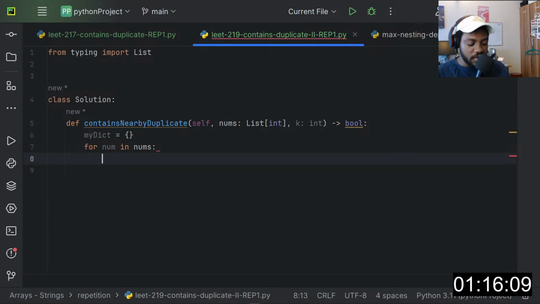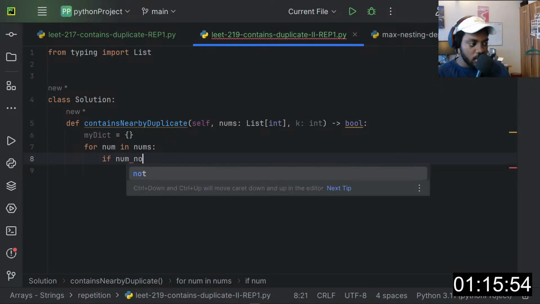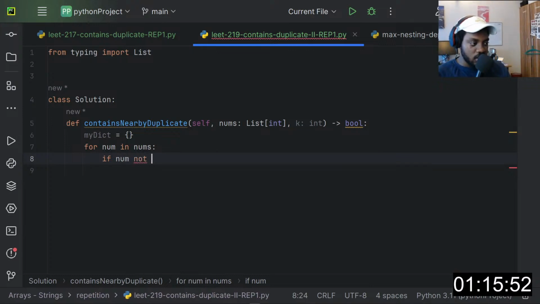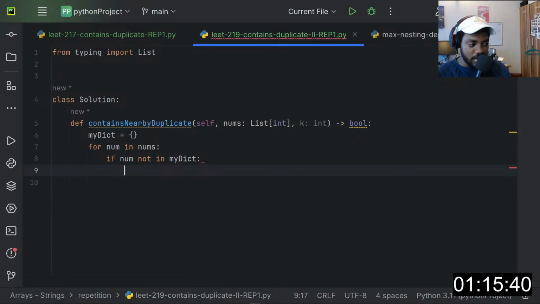For num in nums, we can say, I want to think. So we add the value to the dictionary. So if num not in my dictionary, if the number is not there, we add it for the very first time alongside its index.